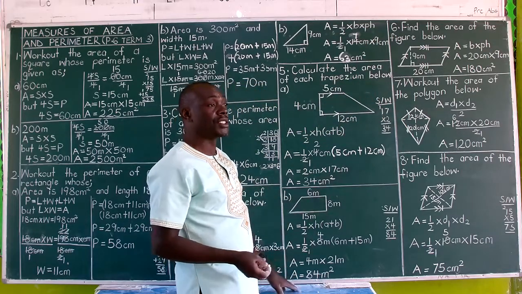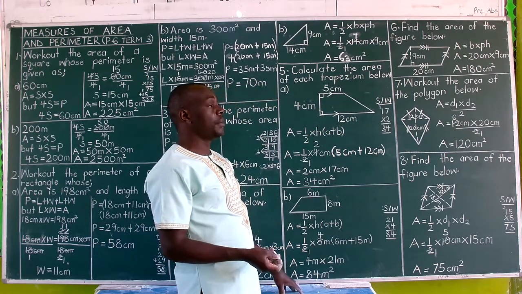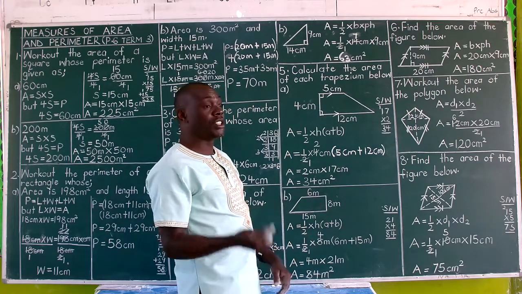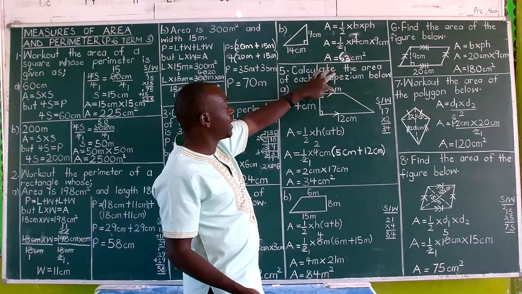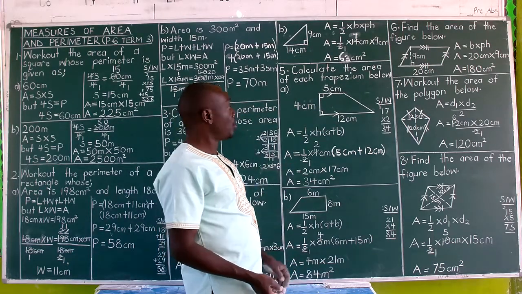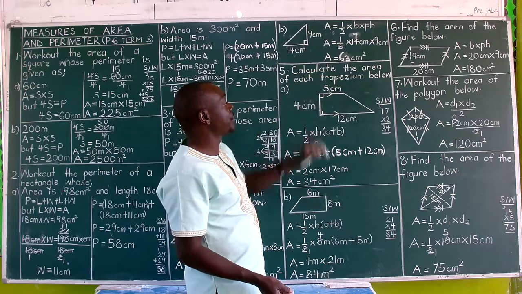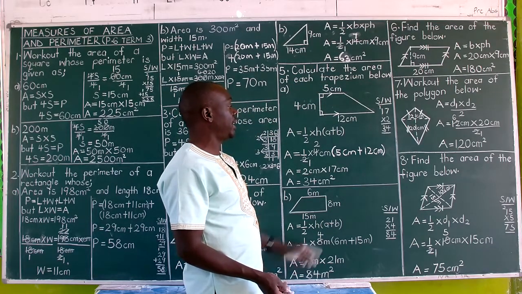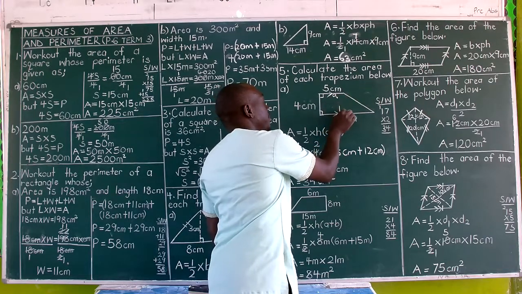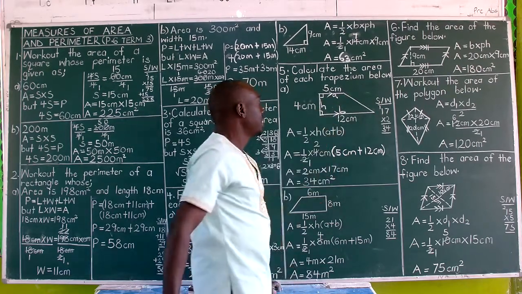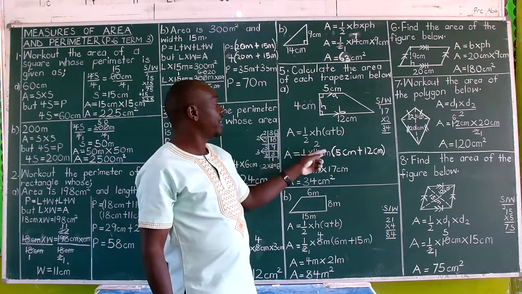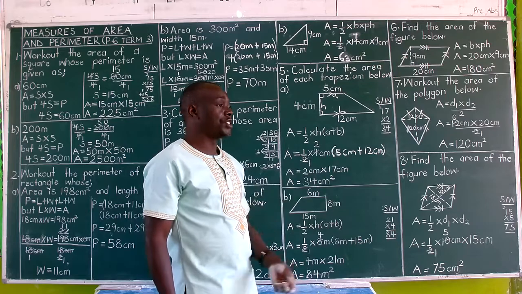So two or more lines that will never meet are said to be parallel. So it has got a pair. A pair means two things. So this line and this side will never meet. That's a pair. So the shorter parallel side is the one we call A in the formula, and you can label it A. This is the B. This is the height. So a half of h into A plus B, a half of h into the sum of parallel sides.